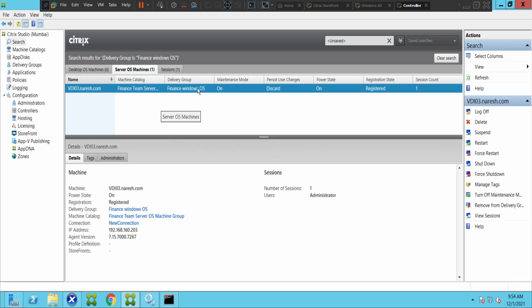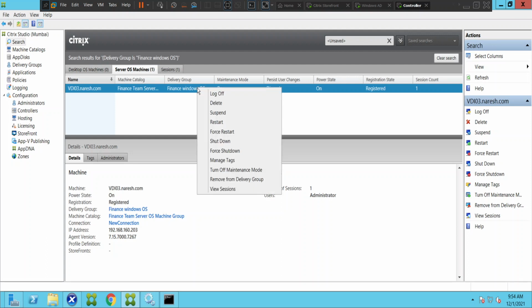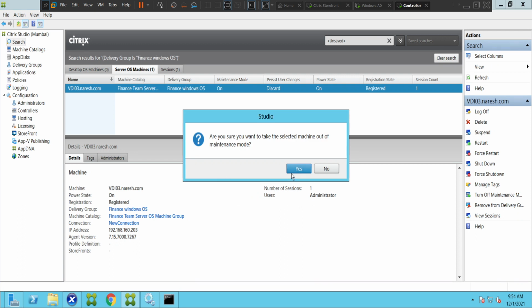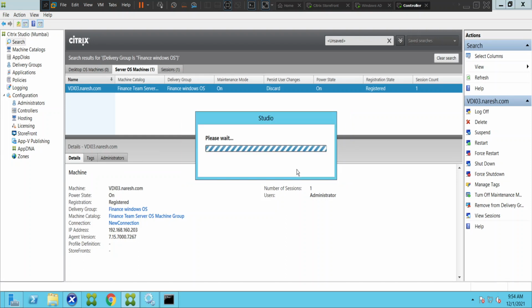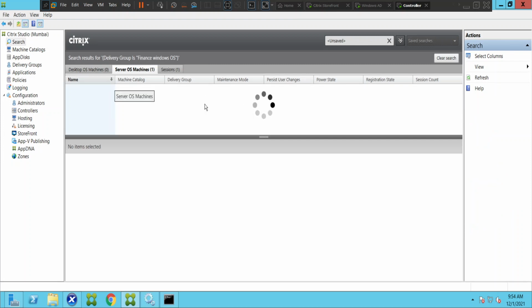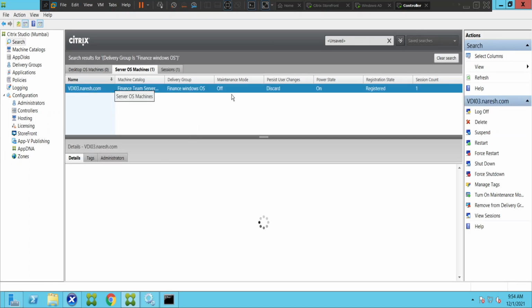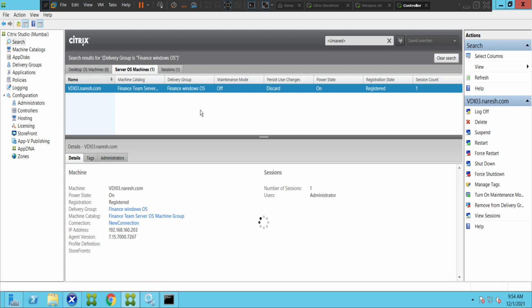Once the activity is done, after troubleshooting the issue, if you noticed that some service was down and you have started it, and you think the issue is fixed and the application is launching, you can just turn off the maintenance mode. This is very important, because if you don't turn off the maintenance mode after the activity, new users will not be able to connect to this machine. So you have to carefully turn on the maintenance mode when there is an issue, and once the issue is resolved, make sure that you turn off the maintenance mode.